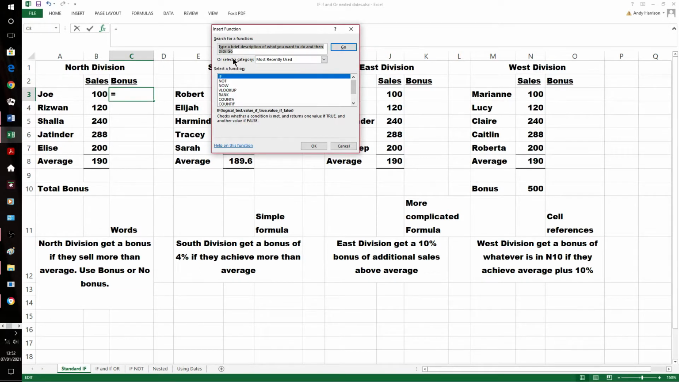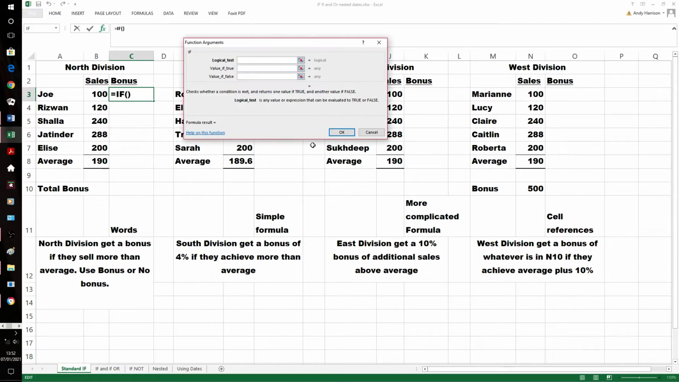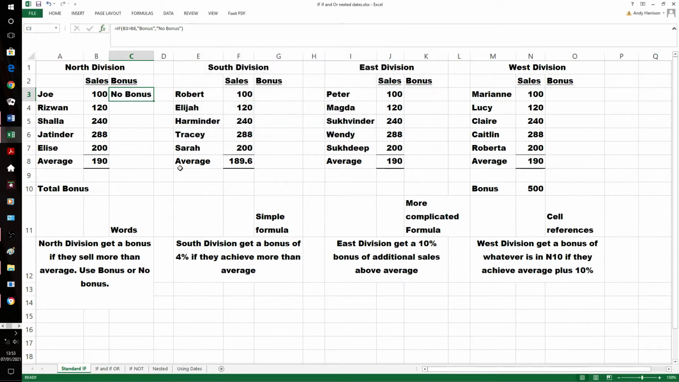It comes up as if, type in if there if it doesn't. Logic test. Right, so B3 is his sales, and are they greater than B8, the average? That's the test. We know it's false, and if it was though, he would get a bonus. Otherwise he gets no bonus, because that's what the instruction says. Just to prove it would work, if we put a different number in, he suddenly gets a bonus